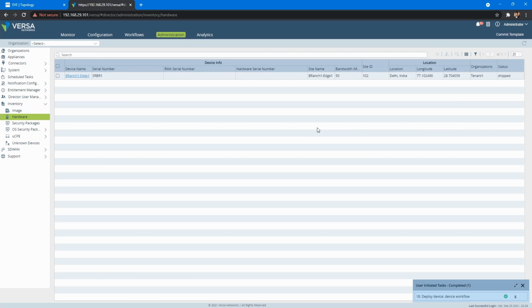Okay, so that's it for this video. We have covered how to create a workflow template, how to add a device group and use those templates in the device group, and then add a device group in a device binding. In the next video, we'll onboard this edge with script, and in the subsequent videos, we'll also look into how to onboard using the URL ZTP process.